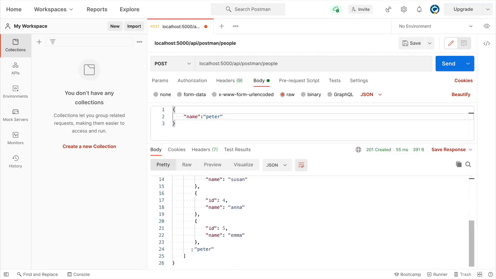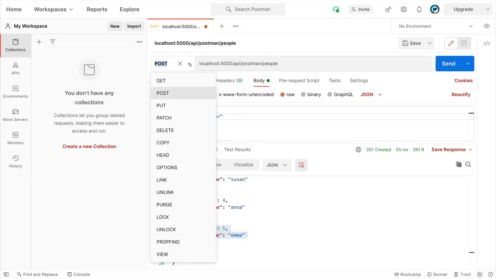Now let's add, for example, Peter. And then the moment I click send, there it is. I have my success true. And as far as data, all the way somewhere should be Peter as well. So again, we just grab